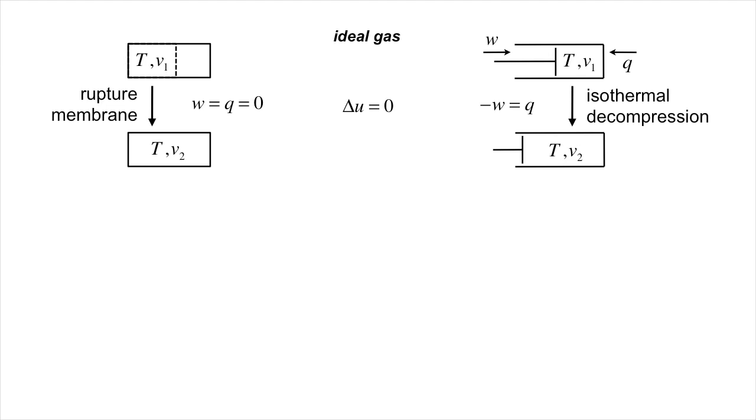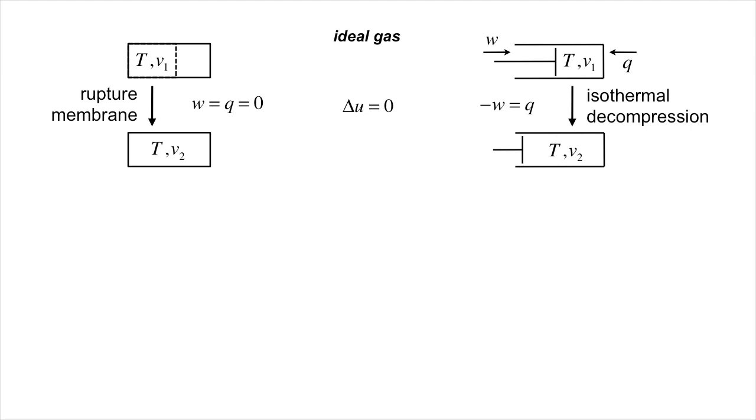Because this process involves no heat or work, the total change in internal energy is zero. Since U is only a function of T for an ideal gas, this path must also be isothermal. In the path shown on the right, the gas is initially constrained to have volume V1 inside a piston cylinder assembly. The gas is then slowly and isothermally expanded to a larger volume V2. Since U is only a function of T for an ideal gas, this path must be isoenergetic, just like the path on the left. However, heat and work, which due to the first law are equal and opposite, are both